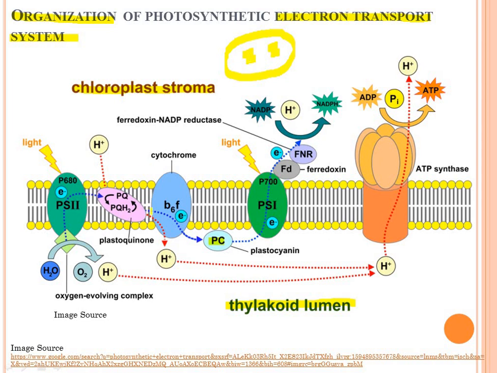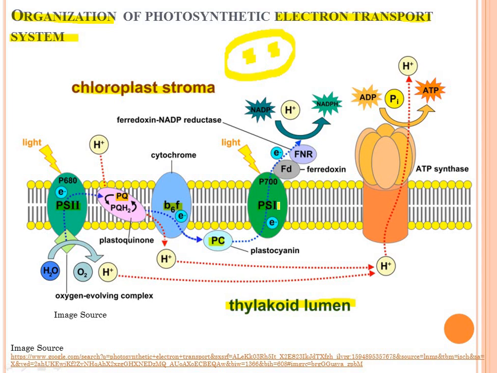All these proteins are present inside the thylakoid membrane or granal membrane. See which proteins are present. Photosystem 2 first, a transmembrane protein, then plastoquinone, then pheophytin, then the next one is cytochrome b6f, which is also transmembrane, then plastocyanin, which is present toward the thylakoid lumen, associated with the thylakoid membrane; it is not a transmembrane protein.